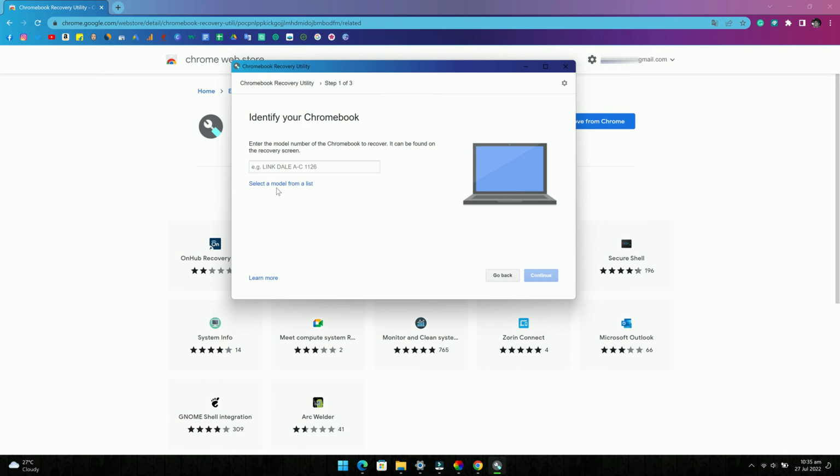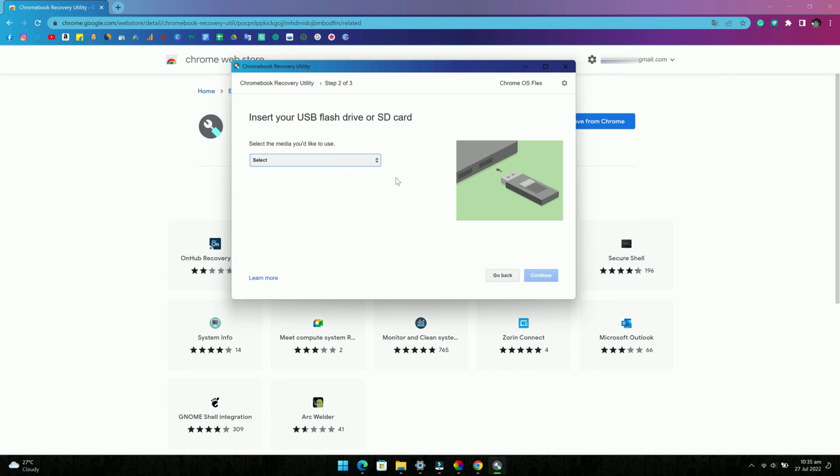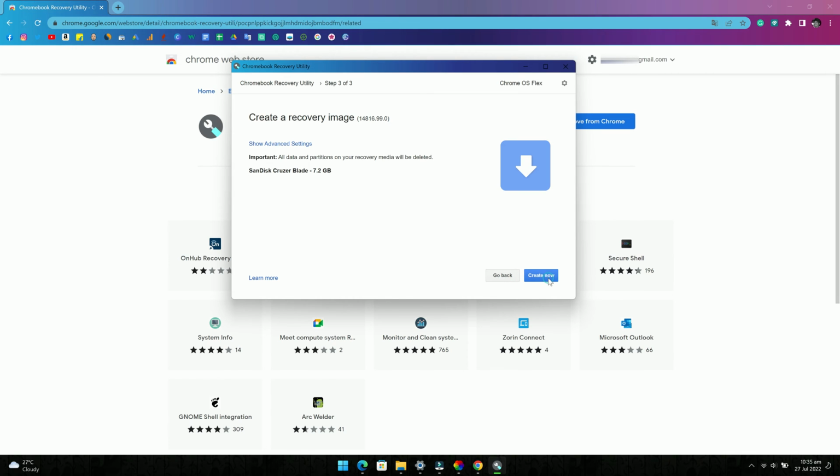On the next page, click on the Select a Model from a List option. Under a manufacturer, select the option that says Google Chrome OS Flex, and under Product, choose the Chrome OS Flex and then click on Continue. On the next screen, select the USB drive on which you want to install Chrome OS Flex and then click